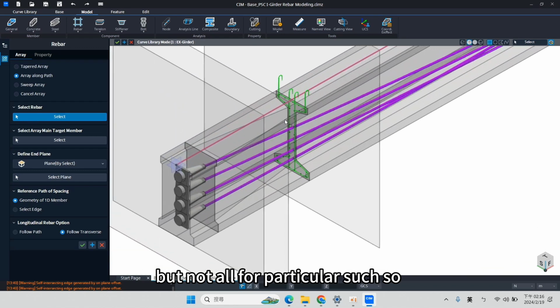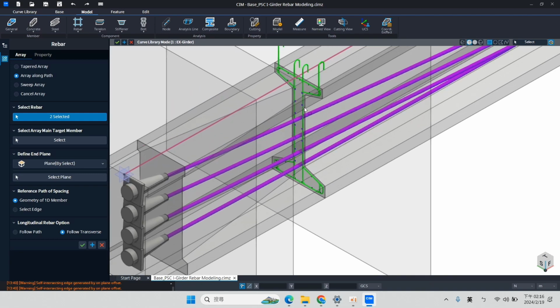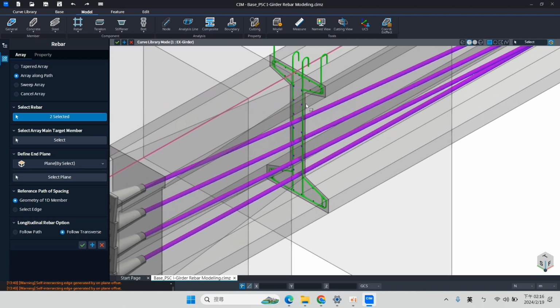So in this case, we want to array this rebar, because this rebar is one unit. So you can click on the shift and you can click here,